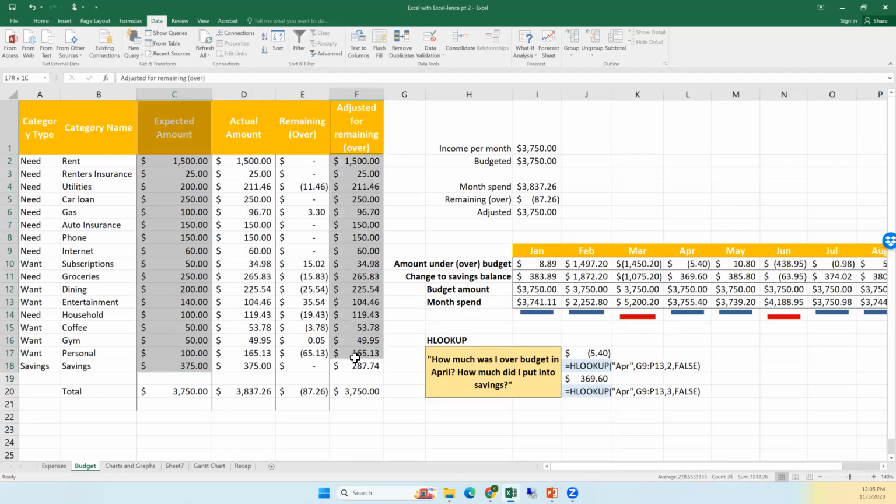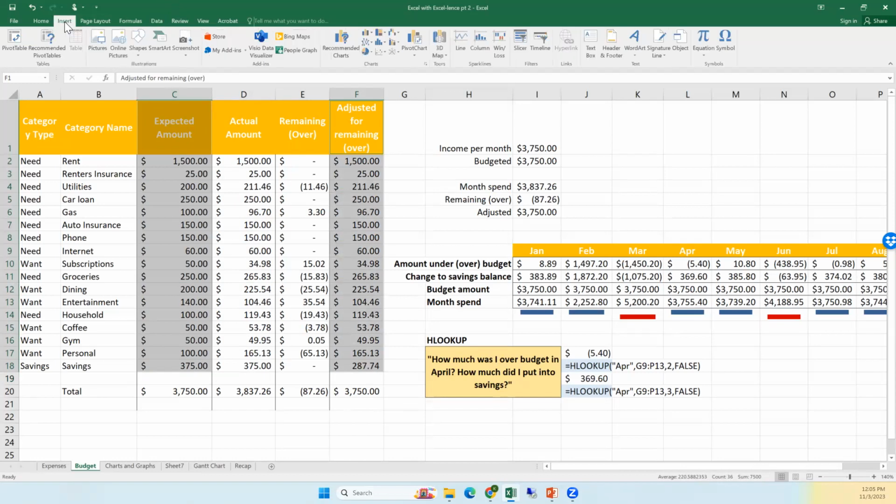That would be better. Basically, the idea with the adjusted amount is that I can't spend more money than I have, so I subtracted the overage from savings. So that's all that's showing you. It should always equal the amount that I budgeted. So I'm going to go up to the top on the menu bar, and I'm going to choose Insert,